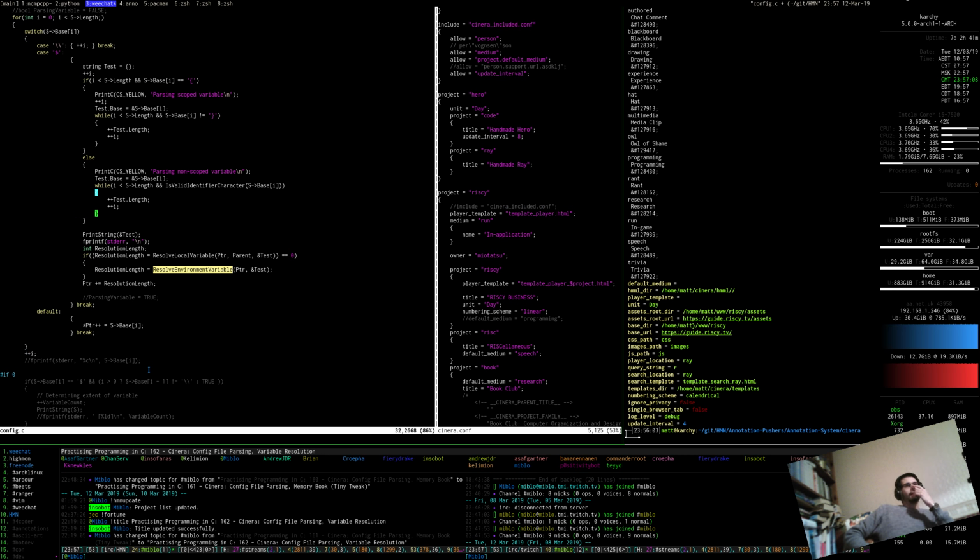Maybe in this loop here, it's like if I is less than the s length, then increment I once more, to get it after the